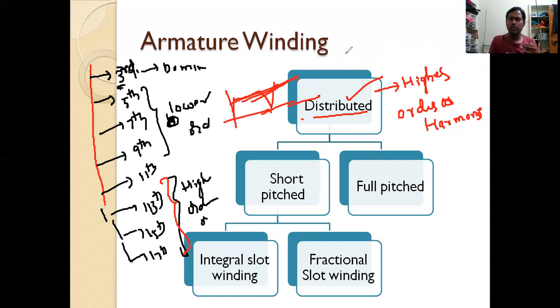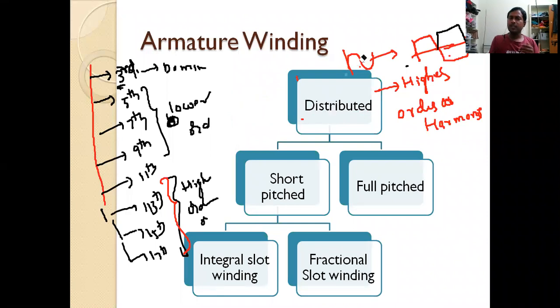In the presence of all harmonics, this is the sinusoidal waveform, and it will change into this. So for DC, the negative half cycles are converted to the positive side. That's why this one also will be like this. Approximately pure DC we will get in DC generators if we use the concentric winding procedure. In the distributed winding procedure, we can eliminate higher order harmonics such as the 11th, 13th, 15th.